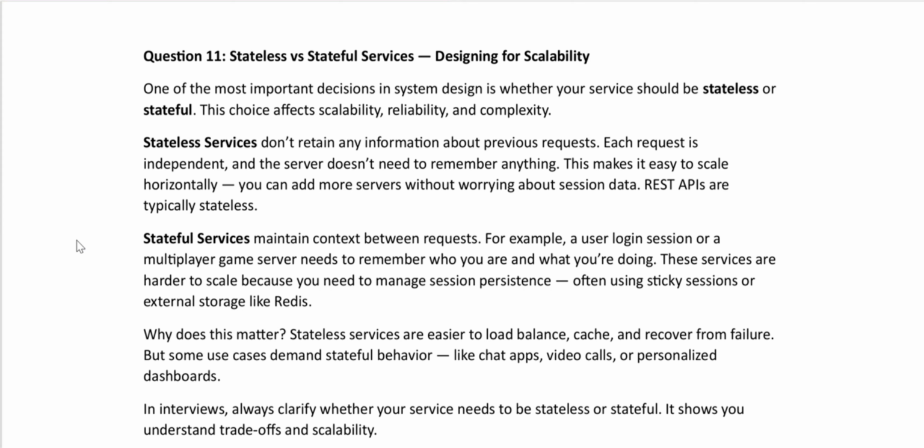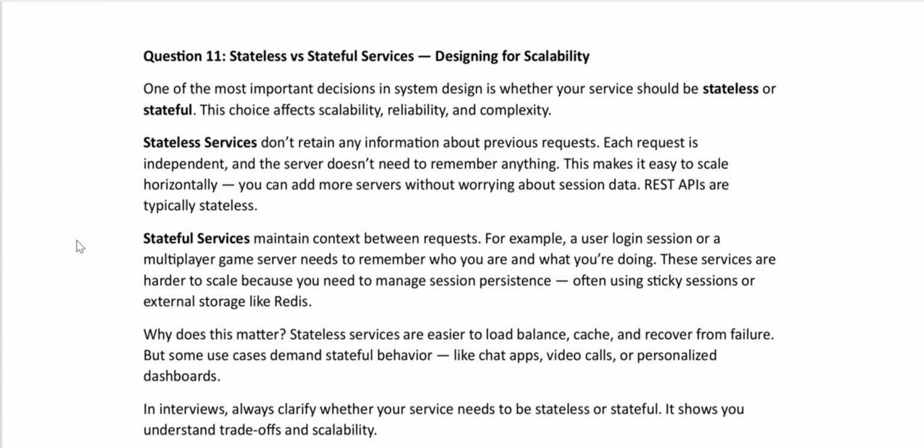This makes it easy to scale horizontally. You can add more servers without worrying about session data. REST APIs are typically stateless. Stateful services basically maintain context between requests. For example, a user login session or a multiplayer game server needs to remember who you are and what you are doing. These services are harder to scale because you need to manage session persistence, often using sticky sessions or